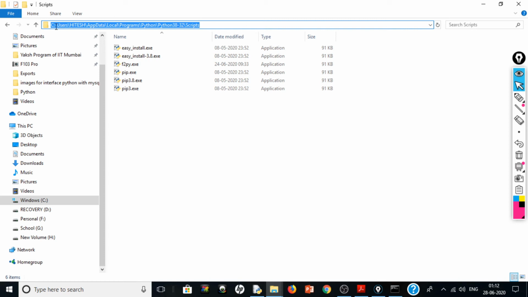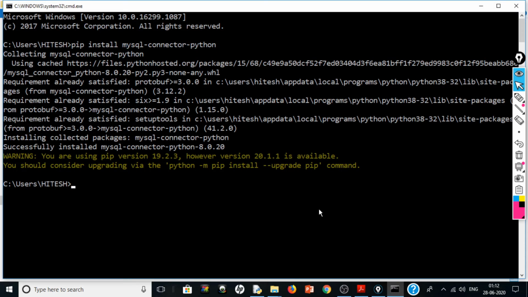We will have to go to C drive, Users, Hitesh, AppData, Local, Programs, Python, Python38-32, and then Scripts. Let me copy it. We will go to the command prompt.